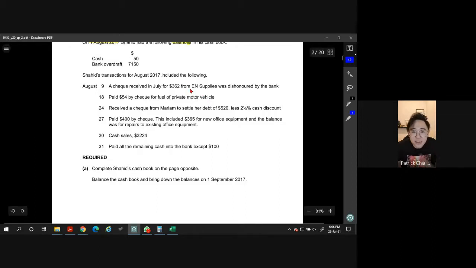Now, the common mistake people do here is what? When they see the word check received, they straight away go and do what? Go and put the money in, because they see the word check received, okay? But cannot like this, guys. Read the whole thing. Please don't just read halfway. You have to read the whole thing. What happened here? So this is actually rejected check, dishonored check.